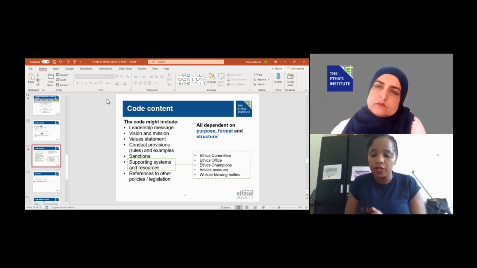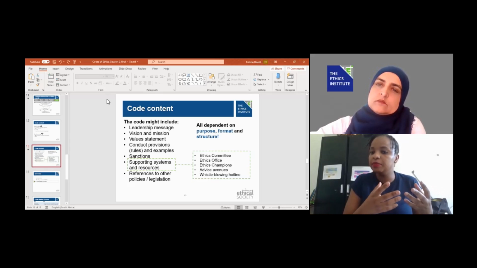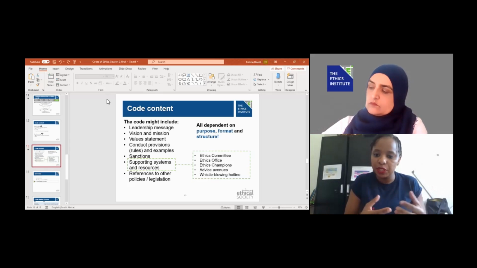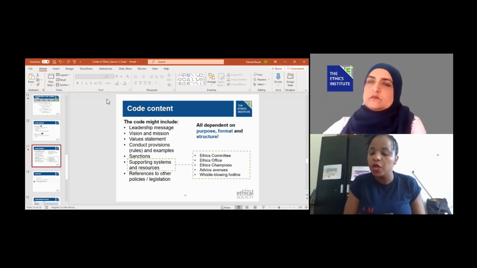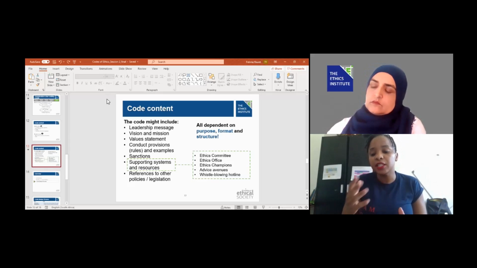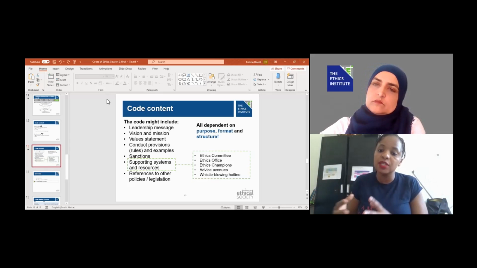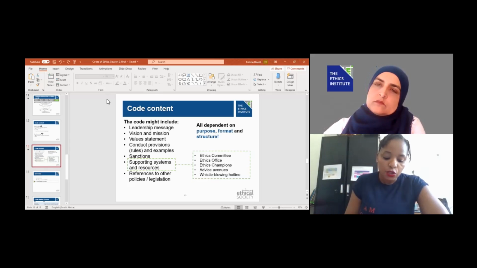But on the same token, a fully inspirational one may leave people with an empty plate, because they may not be able to totally grasp it. Although in the other session, we will explain to you how to go about actually demystifying the code and having people understand it and apply it to their day-to-day. So it's very important to look exactly at what model we want.